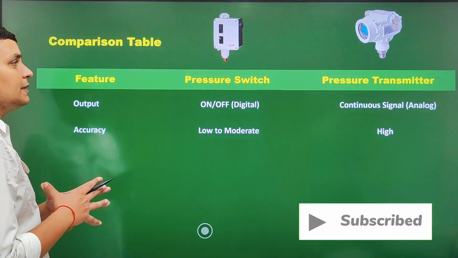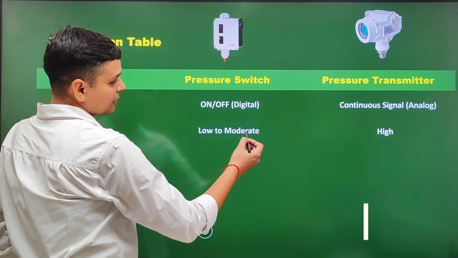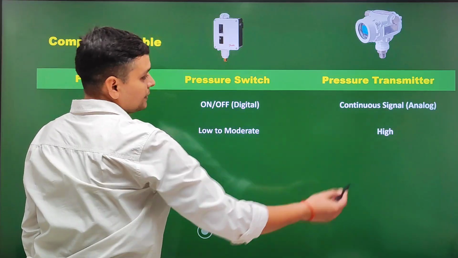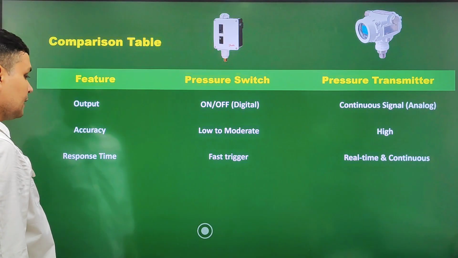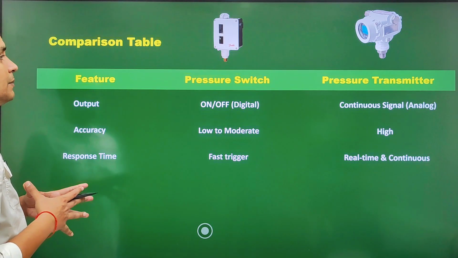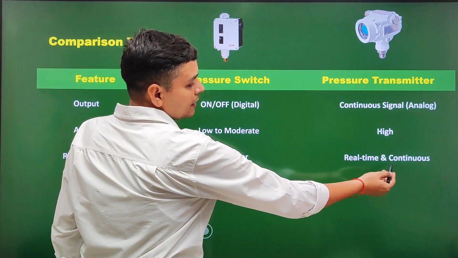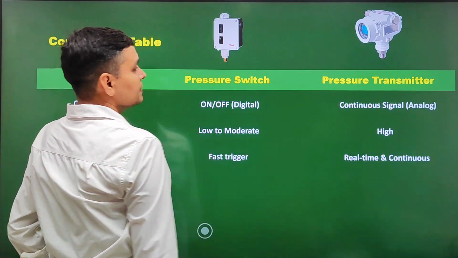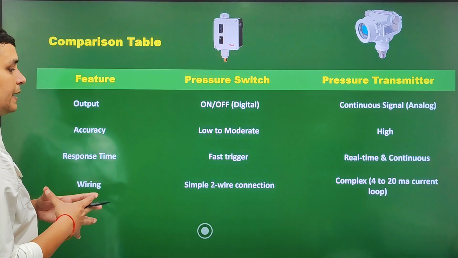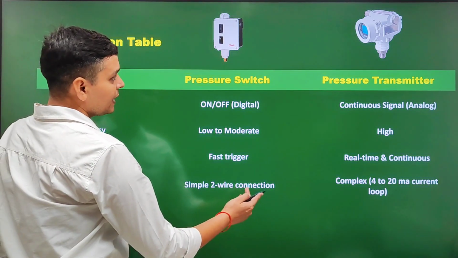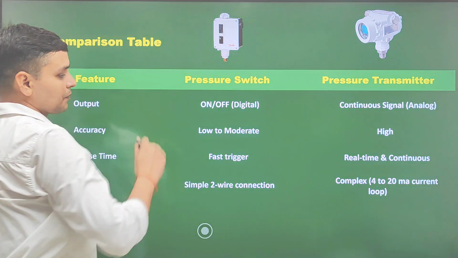Next is accuracy. Its accuracy is moderate and its accuracy is high. If we talk about response time, it is fast trigger and pressure transmitter provides real time and continuous signal. If we talk about wiring, we will use simple 2-wire connection for pressure switch.